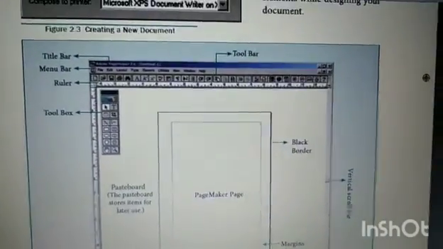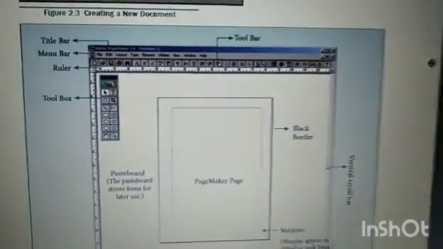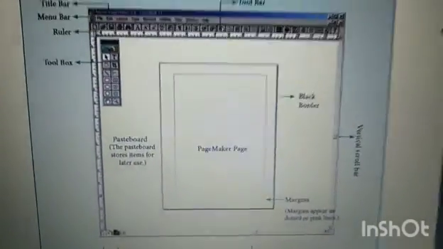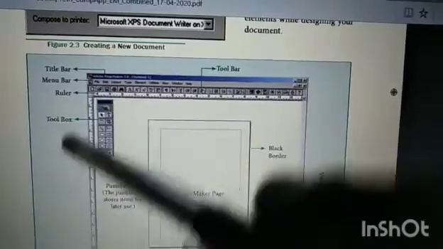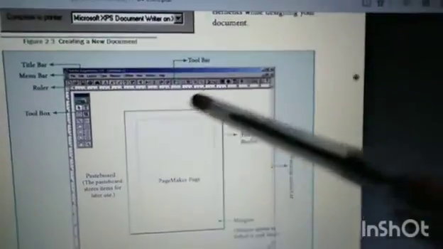And next one, what are the components available in the Adobe PageMaker window? You know the pasteboard is the area outside of the dark border.